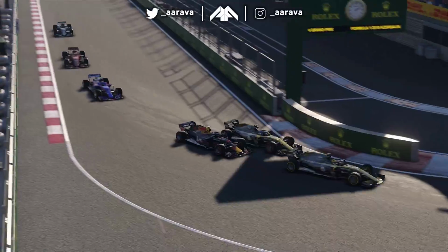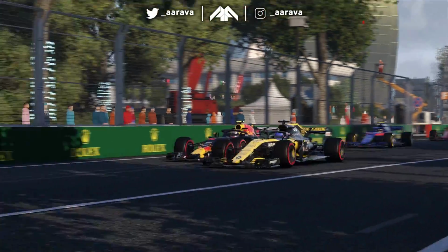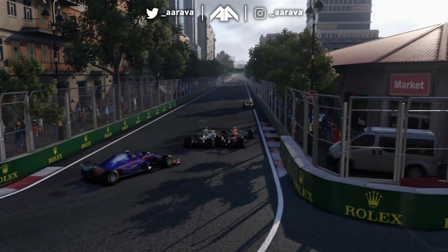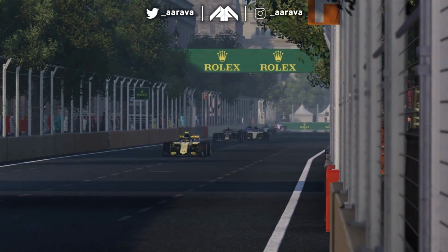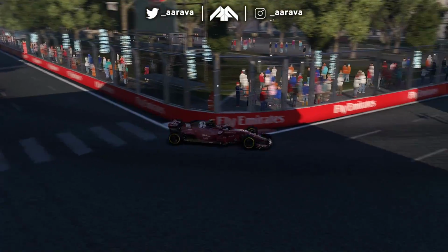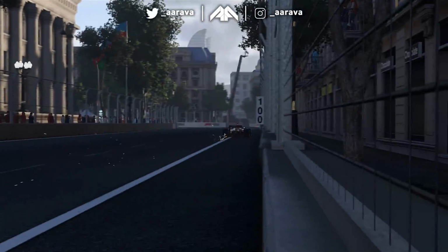He sends one down the inside of Gasly to get that position back, so maybe it's not over yet for the Spaniard and the Frenchman as they go side by side. Gasly on the outside, though, remains to be seen if he'll be able to keep the position. Let's see, it's a drag race now down that straight. I think the Honda power of the Red Bull has it. Yes, he does, and he's back up into P5 then, but Hamilton P4, Leclerc P3, Verstappen P2, and myself, we're still in P1,